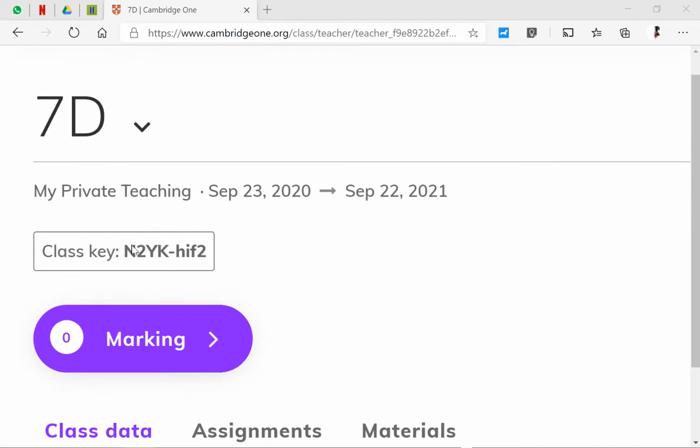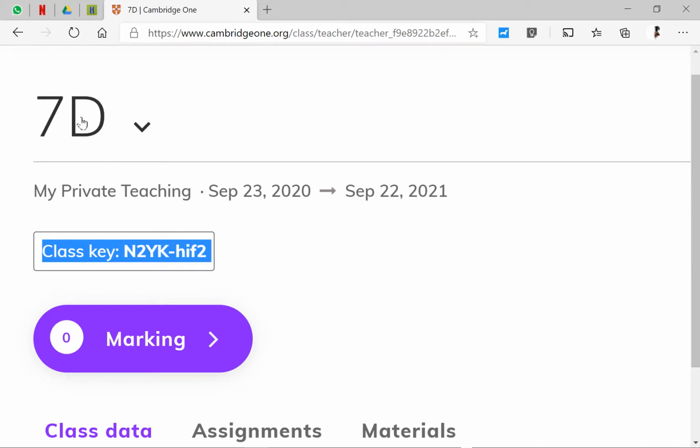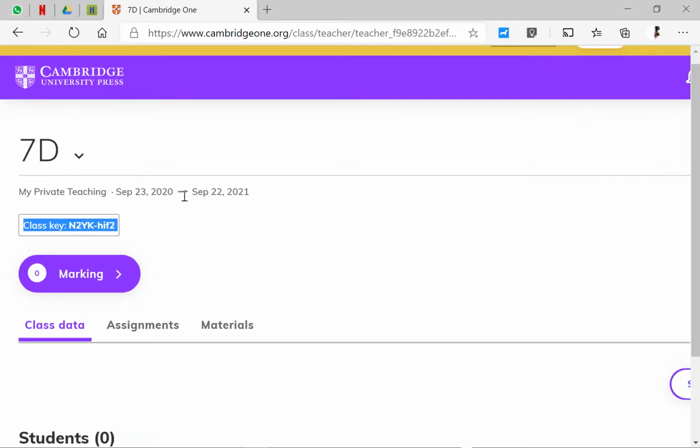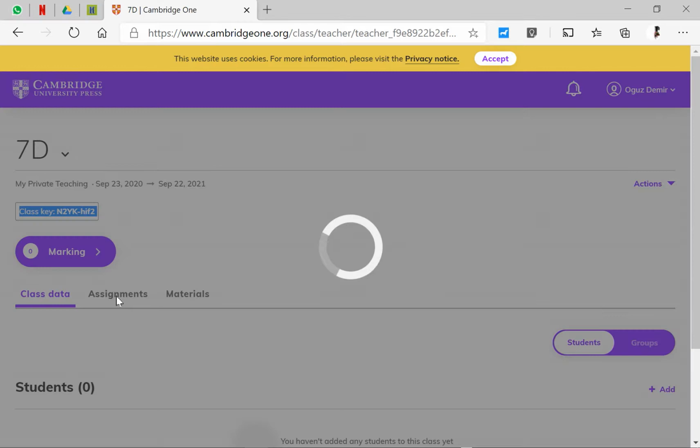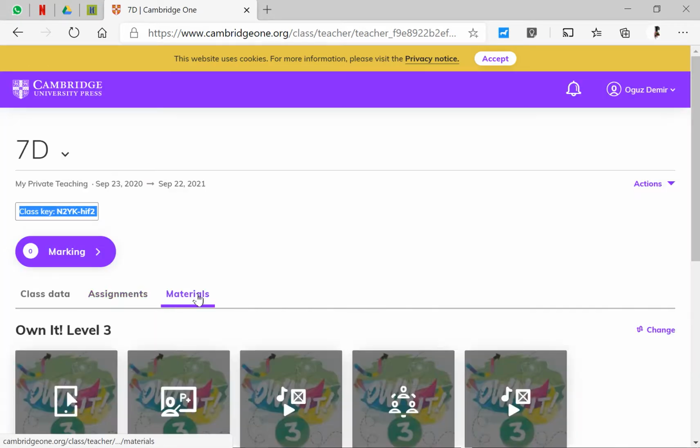The thing is that we need to share this class key with the students of your own class or classes. For each class, it's better to have a different class, of course, and they need a different key, of course. That's it. And right after you create the class, there are 3 items in this Cambridge One: class data, assignments,